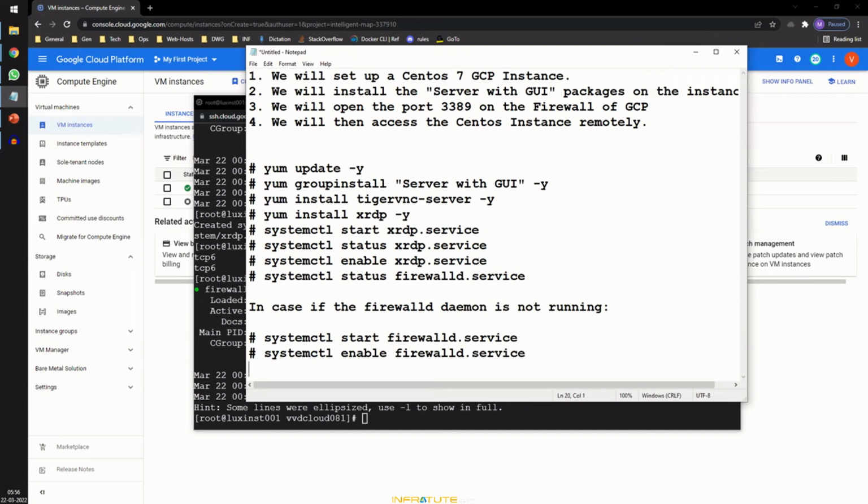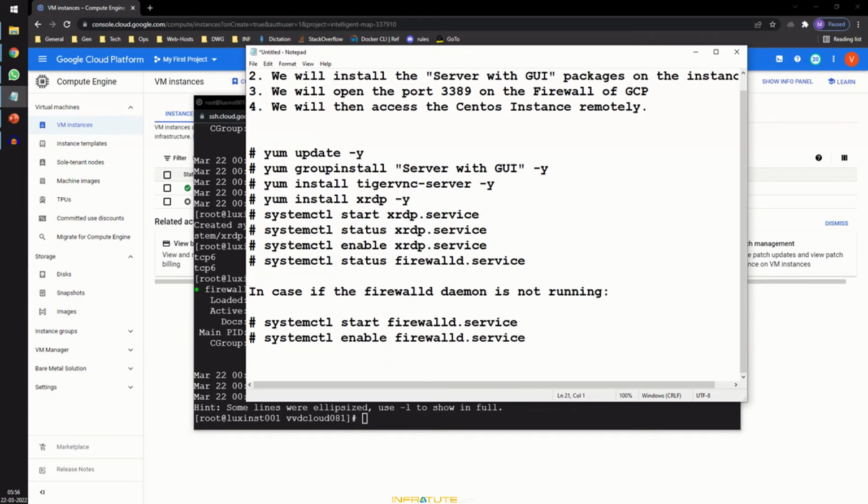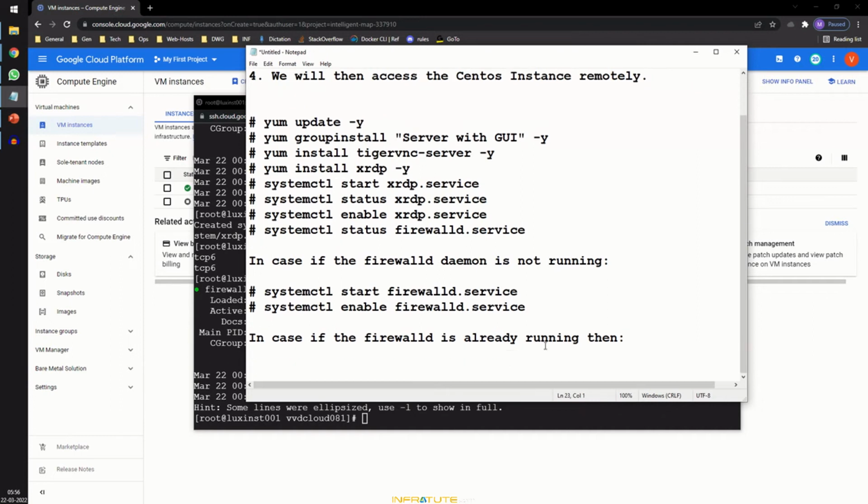Okay, in our case it's already up and running, so we don't have to worry about it. But if it's not running, then make sure you start it and enable it. Alright, in case the firewalld is already running, then we want to go ahead and add the port 3389